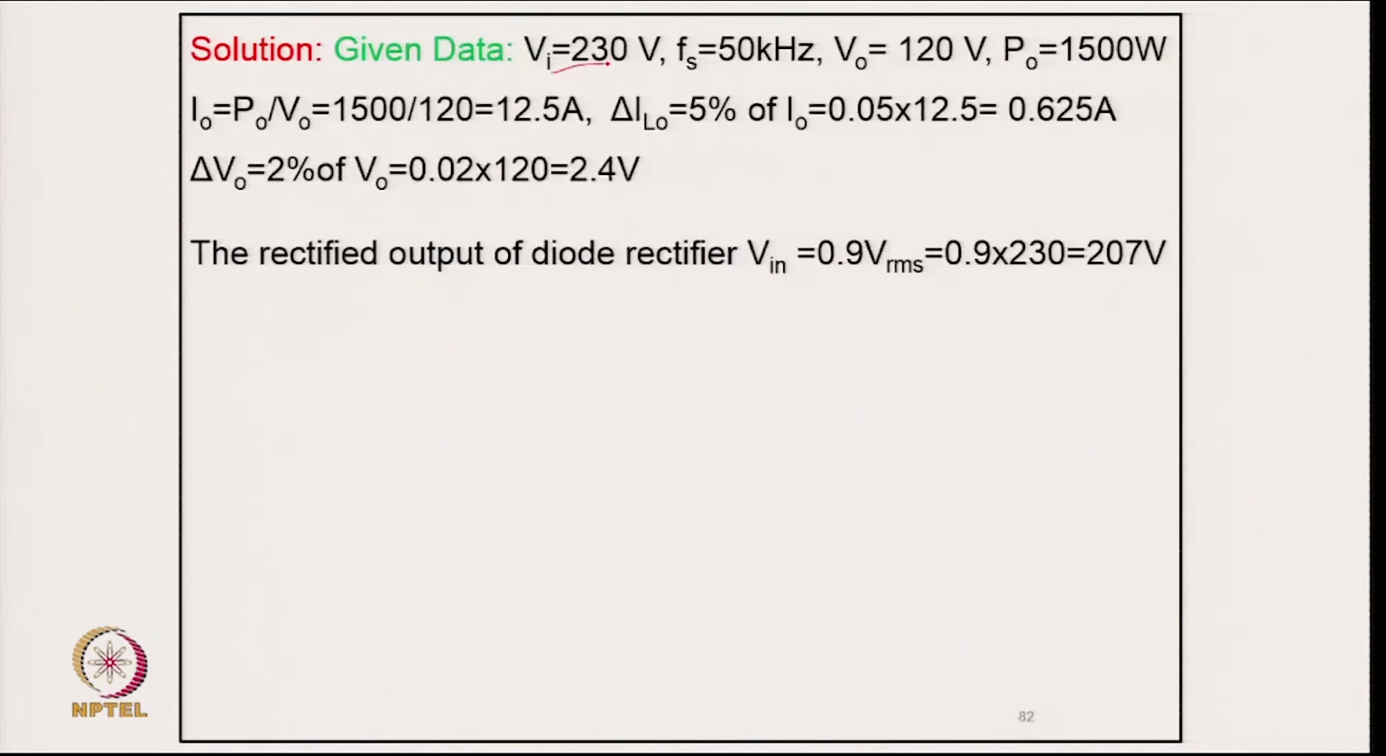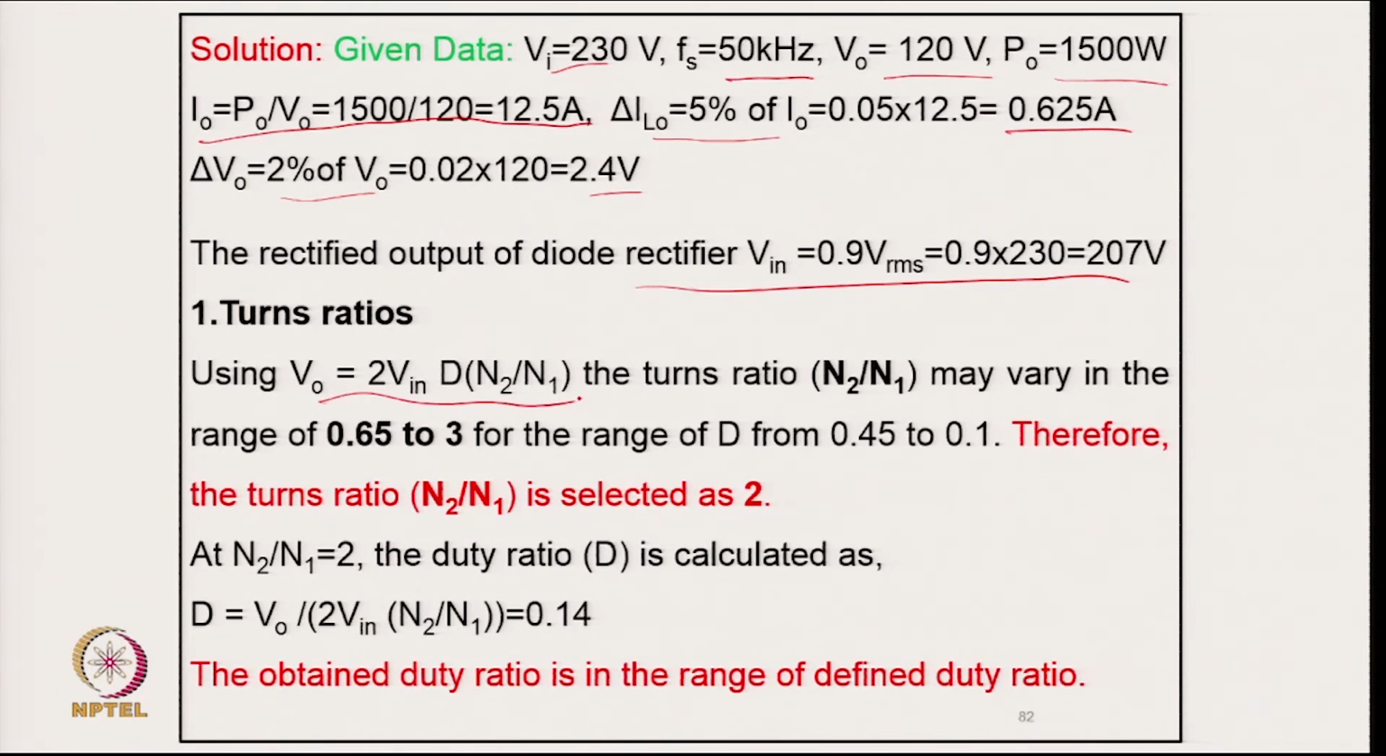So, in this case, given input voltage 230 volt, switching frequency 50 kilohertz, output voltage 120 volt and power 1500 watt, the output current is 12.5 ampere, and 5% of it is 0.625, and the output voltage ripple of 2% is 2.4 volt. So, the rectified input voltage is 0.9 into 230, that is 207, and the turns ratio from this relation we have V0 equal to 2 N2 upon N1 Vin into D. So, N2 may vary within the range of this. So, we can have a duty cycle between this range. Therefore, we can select in between 2, and from this we can find out the duty ratio and obtain the duty